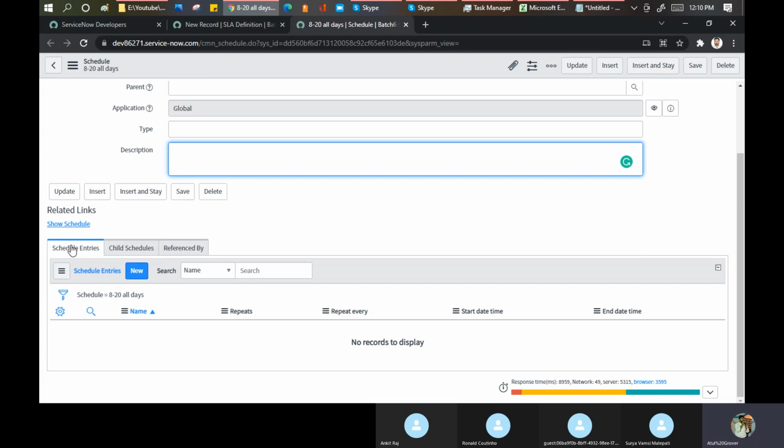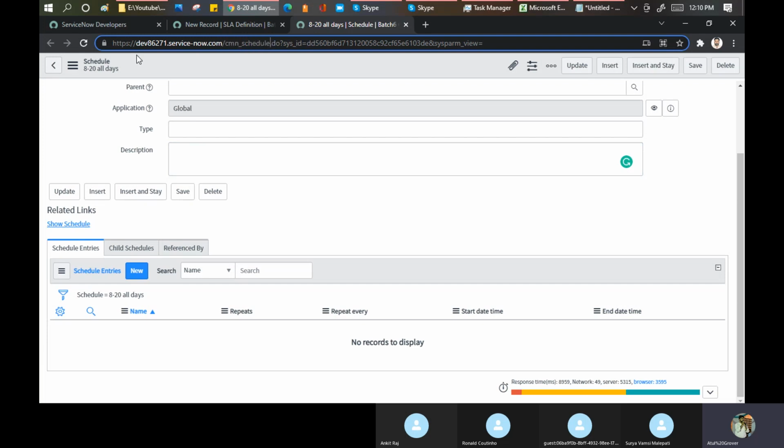Under this I have schedule entries. Let me open this table in a separate tab, so that I can show you some more schedules, and then it will be easy for you to understand.